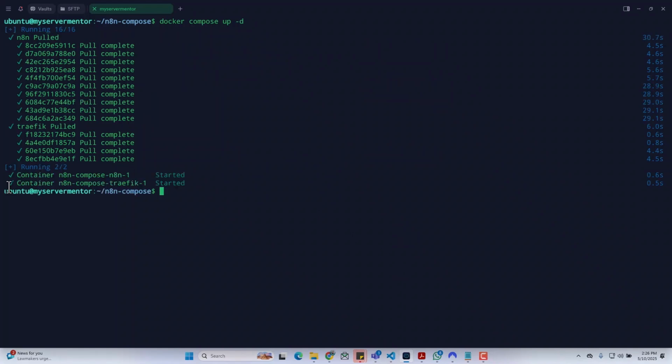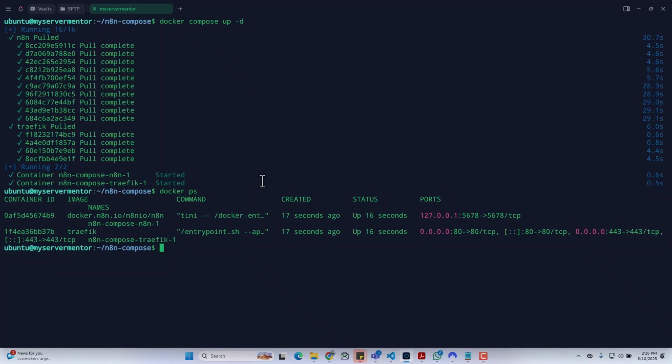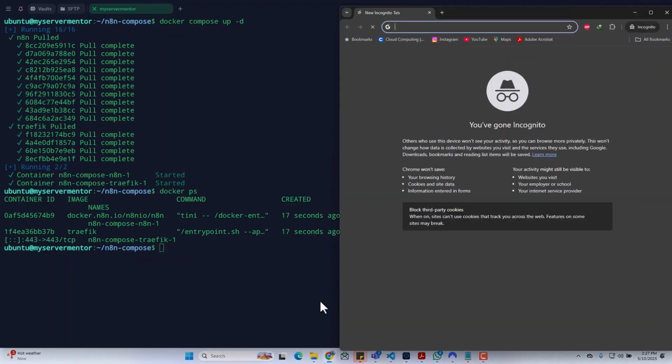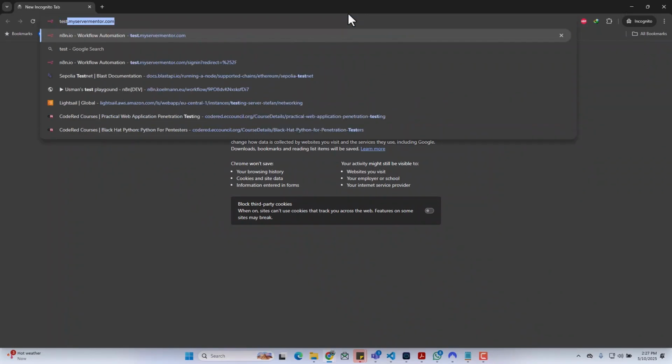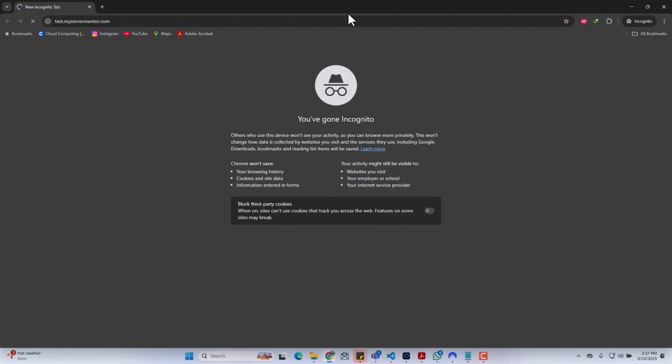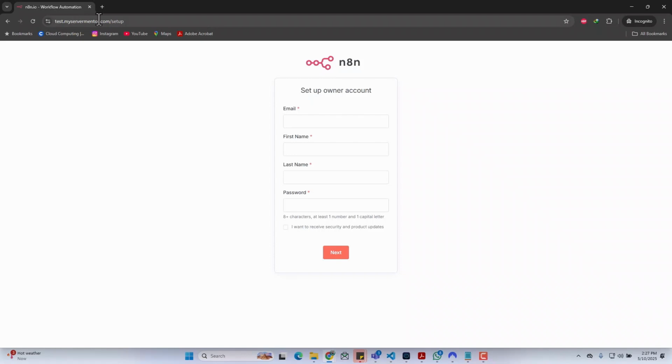Alright, now as you can see, both the containers are created, and to further check it, I will simply invoke the command docker ps, and here you can see that both the containers are up and running. And now to test it, I will simply open an incognito window here and enter our domain test.myservermentor.com, and here you can see that n8n installation is working perfectly, and it is asking us to create an